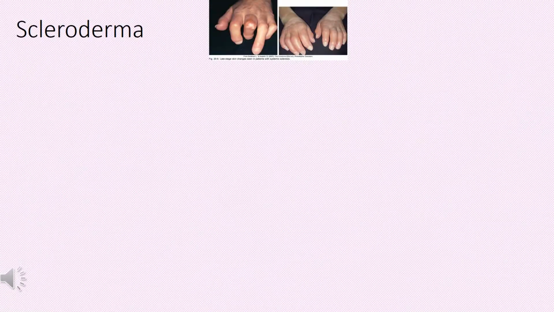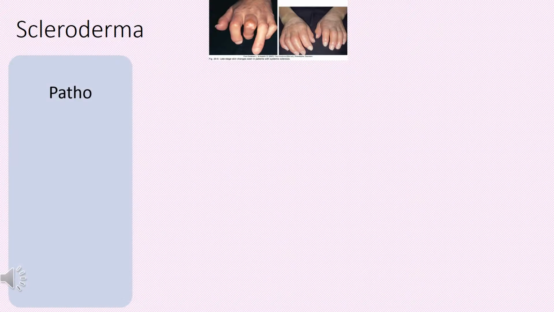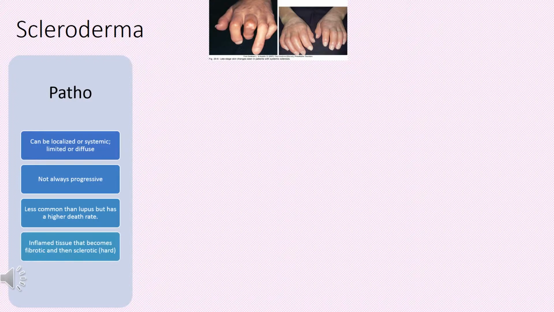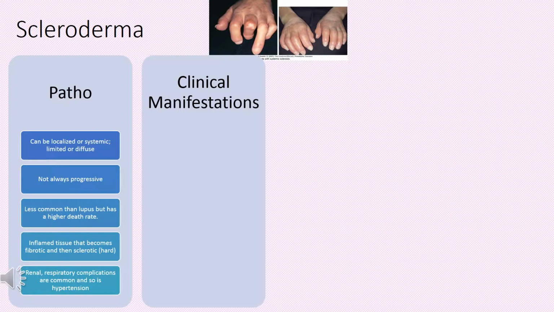Now let's discuss scleroderma. The pathophysiology includes: it can be localized or systemic, limited or diffuse. It is not always progressive. It is less common than lupus but has a higher death rate. Inflamed tissue that becomes fibrotic and then sclerotic. And renal and respiratory complications are common, and so is hypertension. Clinical manifestations include arthralgia,